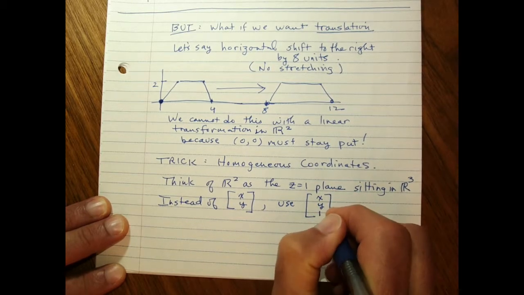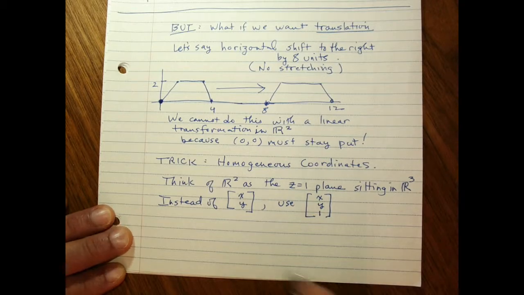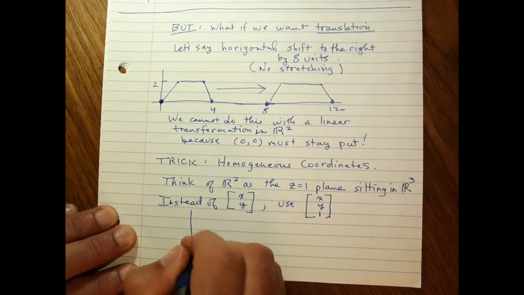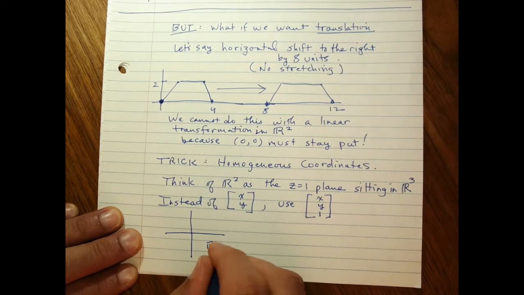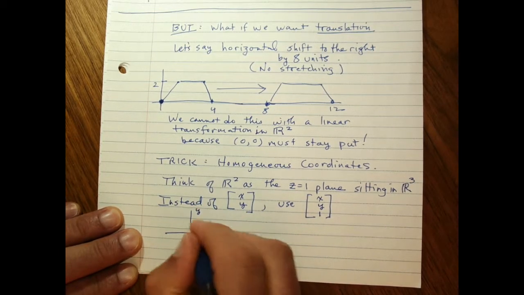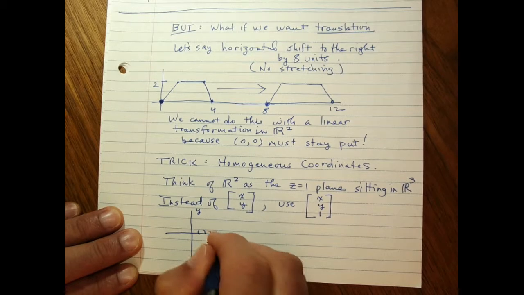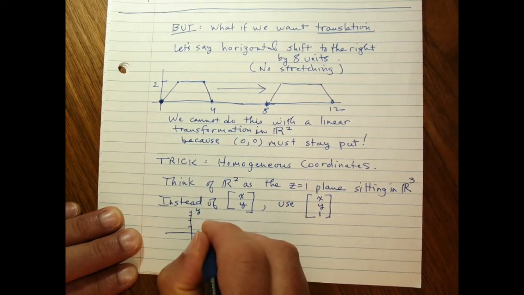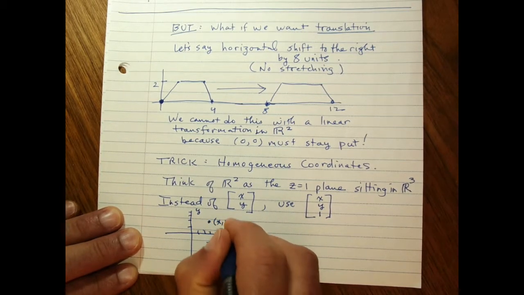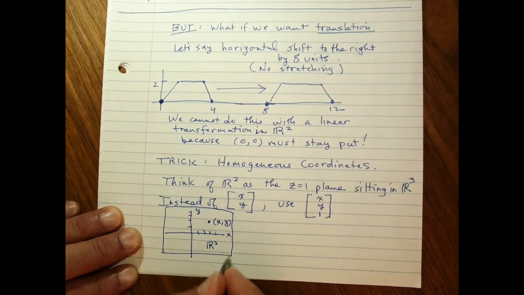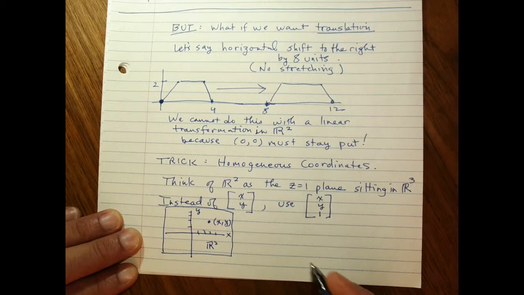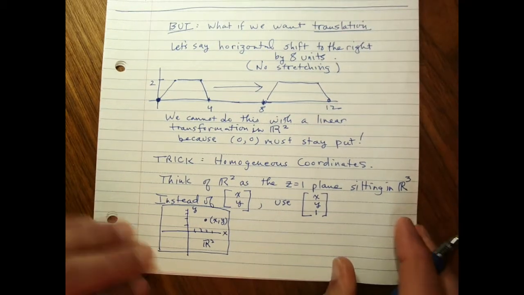We're going to have a z-coordinate, but the z-coordinate is going to be 1. So instead of R2, the x and y axis, and say a point xy, which is just a flat plane here,